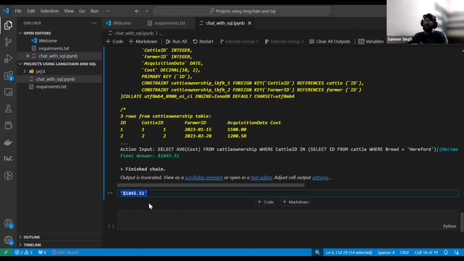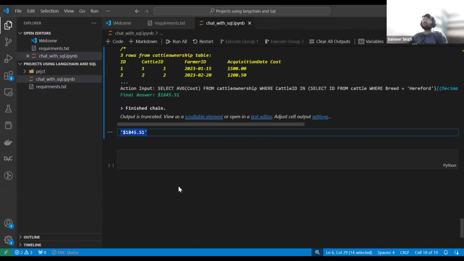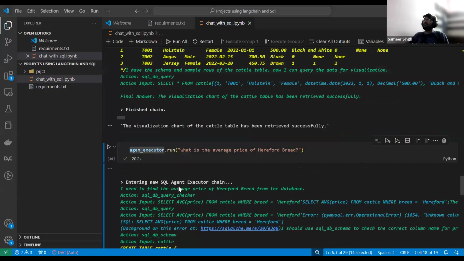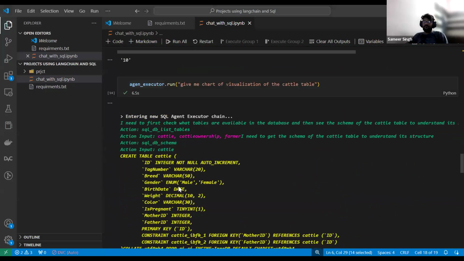So it gives us whatever you ask it. Obviously, currently I have only a 50-row data set, but if you have a large data set, definitely it will take some time, and the maximum time totally depends on your machine, right? Any confusion, guys, till now? Any kind of doubt?